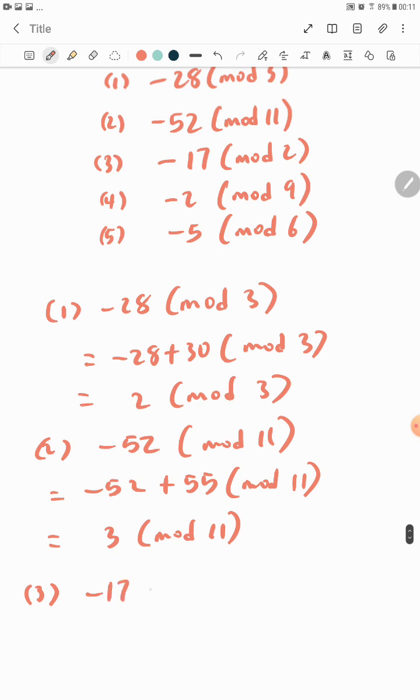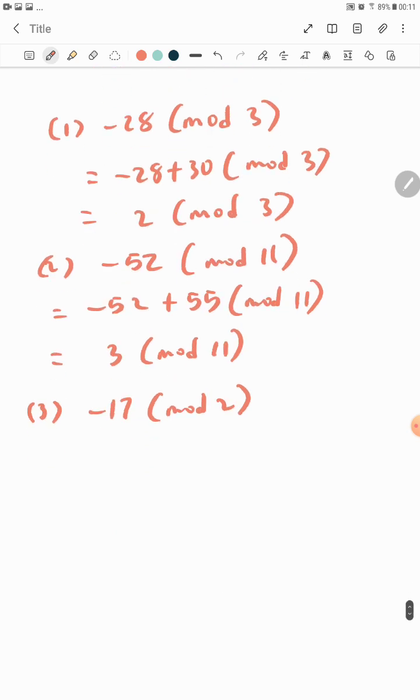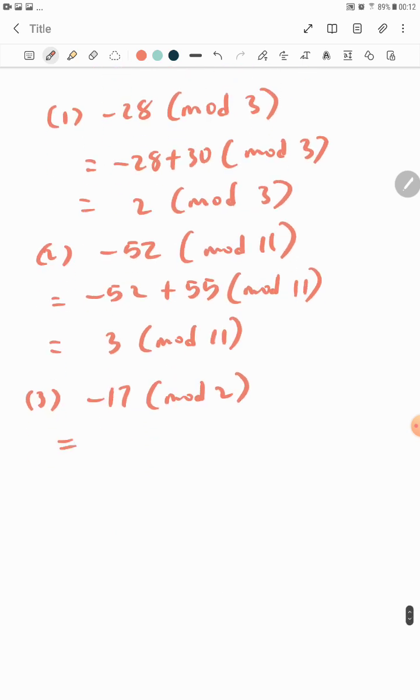minus 17 mod 2. So what is the multiple of 2 I can add to minus 17 to make it a positive number, that is the smallest positive number? So 18 is that number. If you used 16, you can see that this will give you minus 1 still. So that's why we cannot use 16. We have to use